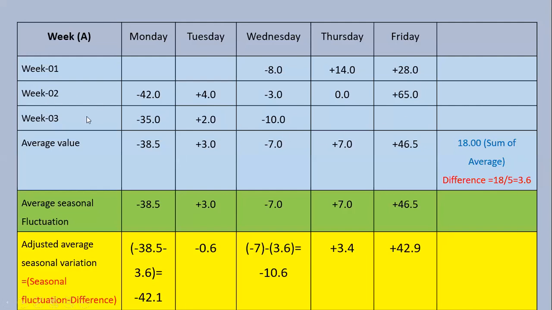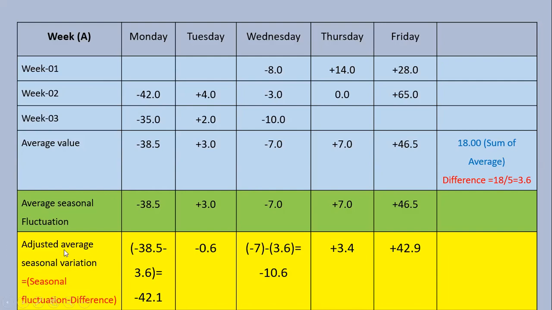We can't analyze by using 3 or 4 data points, so we have to get the average value. You know how to get the average. Get the sum of these values and divide by 2 here: 4 plus 2 is 6, divided by 2, the result is 3. Then here there are 3 readings, so get the sum of these 3 values and divide by 3. Likewise, this is the average value, right? I think it's clear. First, you have to get the average value.